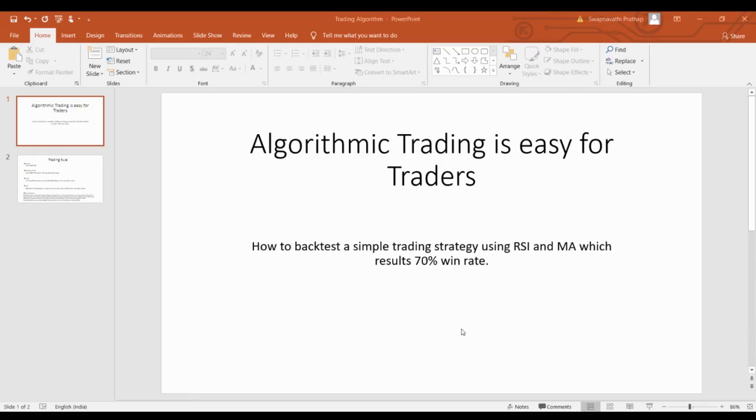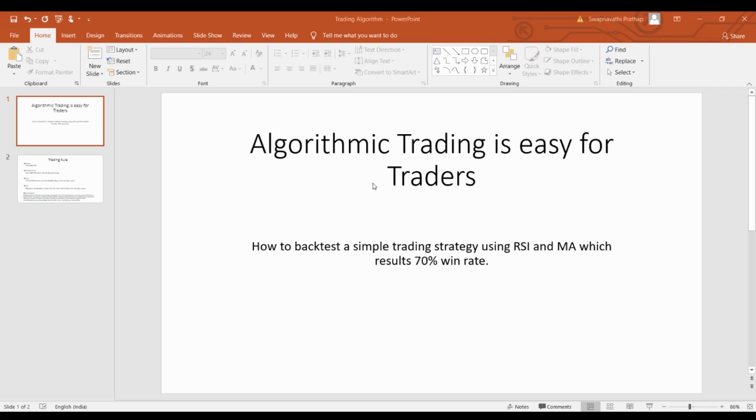Hello guys, today I'd like to show you how to backtest a simple trading strategy based on RSI and SMA using an algorithmic trading backtesting software. There is a lot of information available on the internet about technical indicators like RSI, how it's calculated, and its methodology. So I'll move straight to the strategy concept which I have developed using RSI and simple moving average, and how I backtest it in a trading platform.